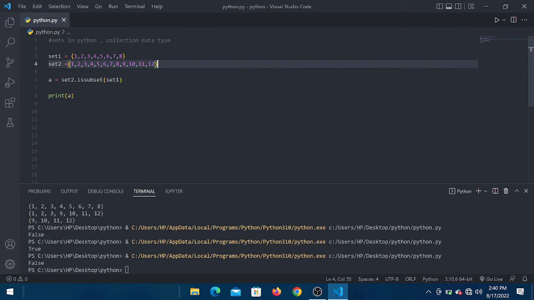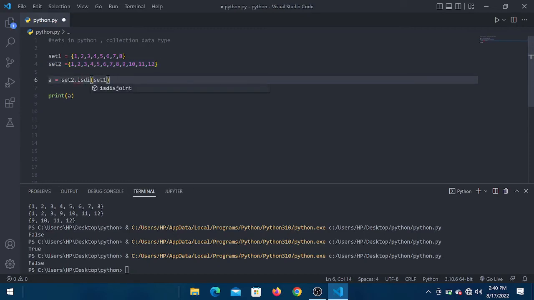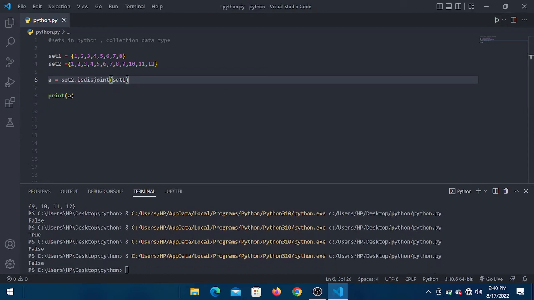And the other thing, let's try disjoint. Now if I run this, it's going to show us false. Why? Because disjoint means there should be no same element in set 1 and set 2, but there are. As you can see, 1 2 3 4 5 6 7 8, till 8 there are same elements in